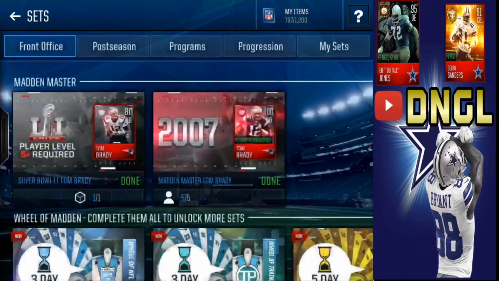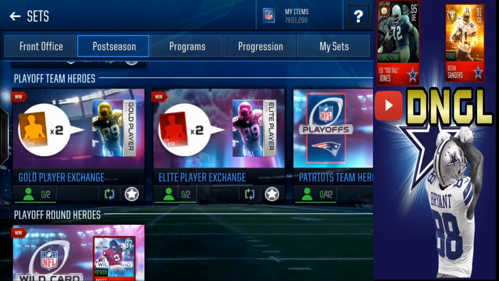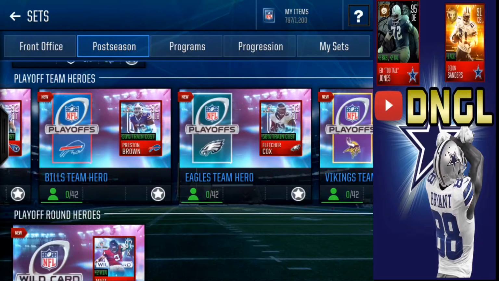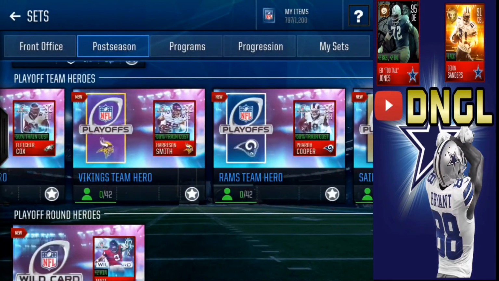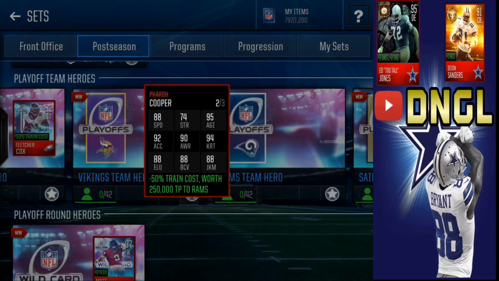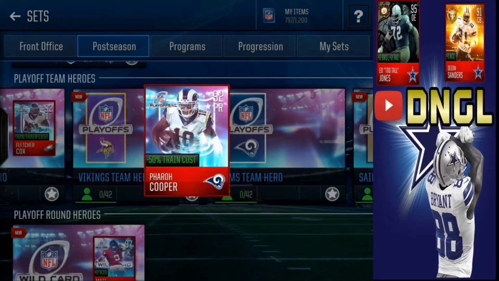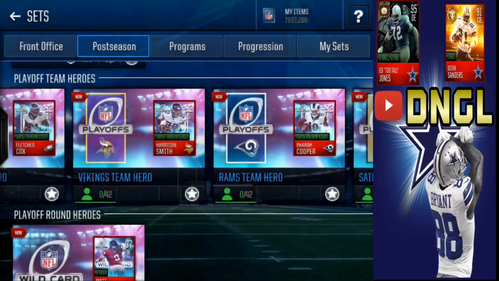Now let's move on to the playoff team heroes, and the two team heroes that I believe are going to be the best for your team. I believe Pharoh Cooper is going to be the second best playoff hero player that you can get, because he is a 92 overall punt returner, and if you care about your overall in any way, you guys will probably need a good punt returner, and Pharoh Cooper will do the job,